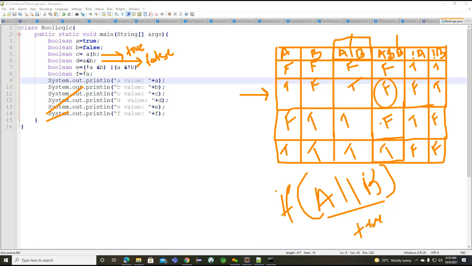Okay, first what we will do, we'll come up with the single brace here. Now you can see not A. A value we have is true, so it will become false. The AND operator I'm using internally, and B. B is also false. Now observe, false and false. It will come up with the first expression. Now you can see the A and B operator is returning false. Now the entire expression will become false.